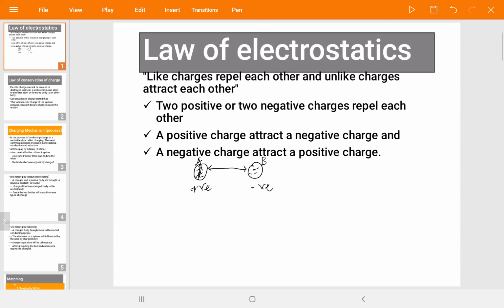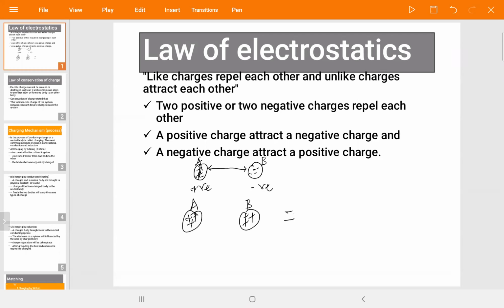If they have a small mass, then they will come together at a certain point, or they will be close to each other. It's even possible to demonstrate this in the laboratory. And the other case is that they may have the same charge. For example, body A is positive, and B is also positively charged. Both of them carry the same charge, which is positive.